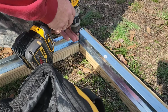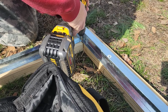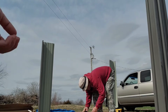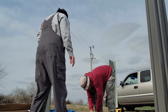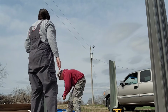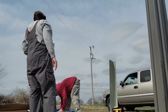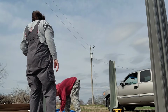Once we had the wood for the frame, we got that screwed down and started building up the shed from there. Y'all, we had some crazy weather. So this is day number 2 working on this. We'd had crazy weather, an Arctic blast, some rain, and so we were having to work on this when the weather permitted. So thankfully my dad was willing and able to come and help while Justin was at work,